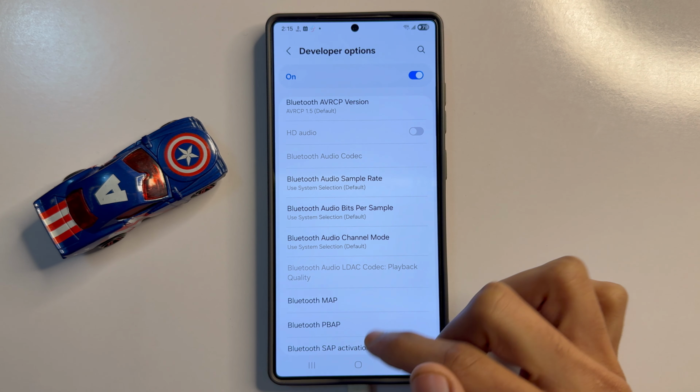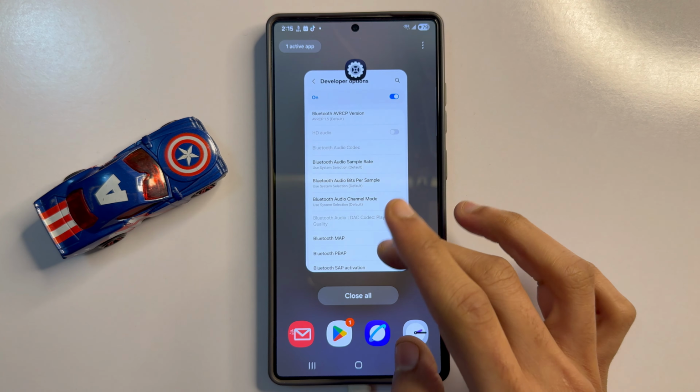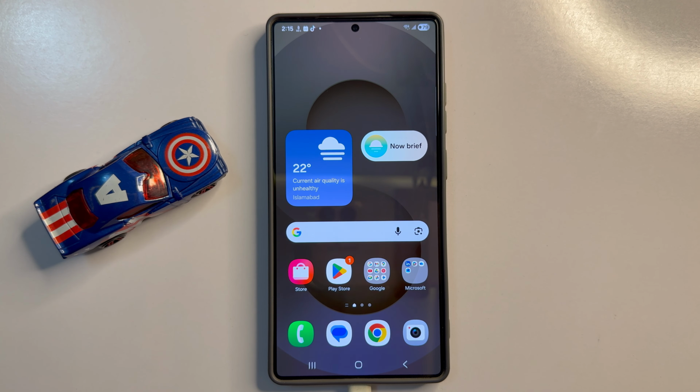So after the process, go back to home screen, refresh phone. So that's how you can fix Samsung audio issue on Samsung Galaxy